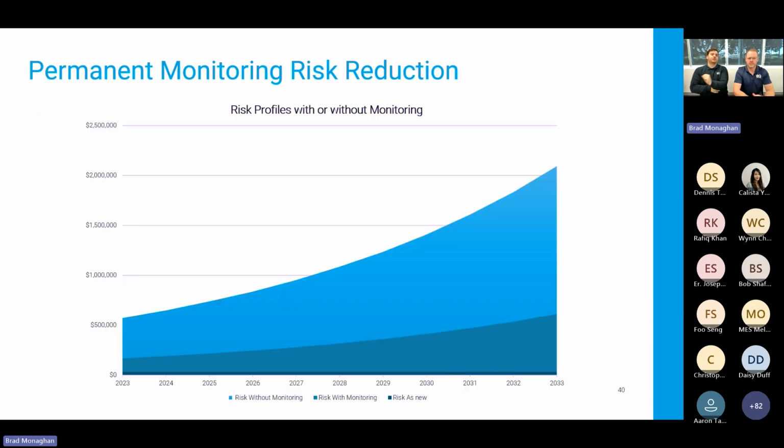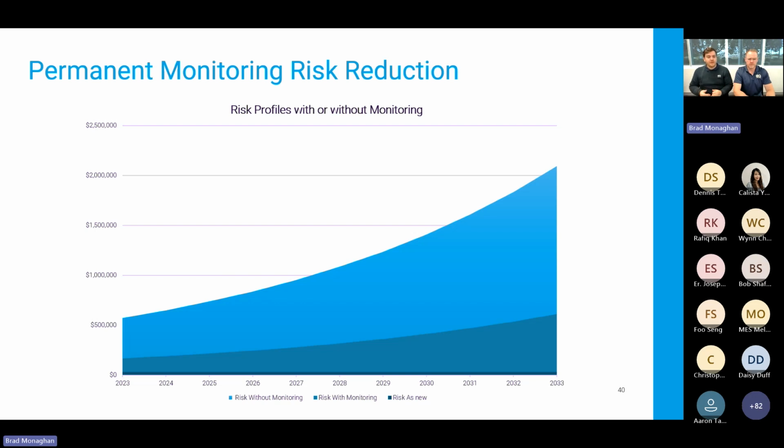So this here is a model from what would be an incomer of a main industrial site, where they're looking at about $450,000 of loss on a day if that incomer fails, which is pretty reasonable for a lot of sites. And what we've got is the 10-year risk forecast of that cable based on all of its condition tests. So this particular one, I modeled that it did have a PD issue that was known, and it had relatively good condition tests otherwise. And you can see that over 10 years, you go from a little bit more than $500,000 risk up to a little bit over $2 million per year risk if you just let this go with